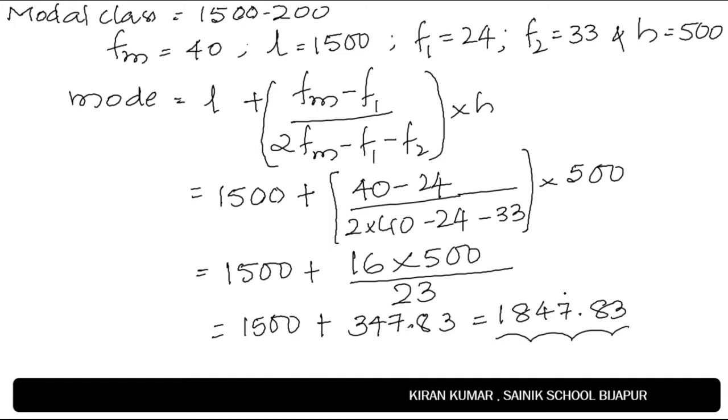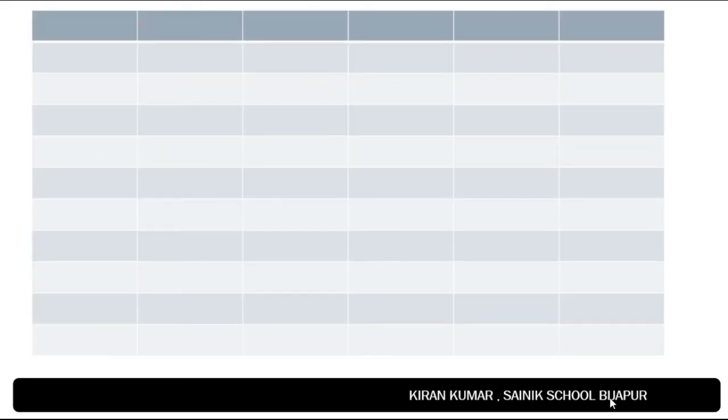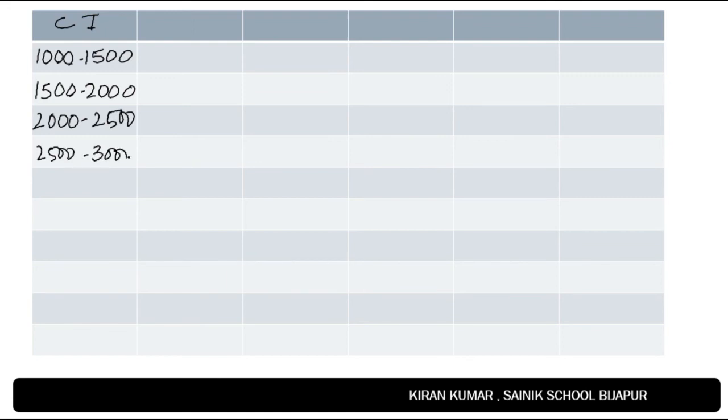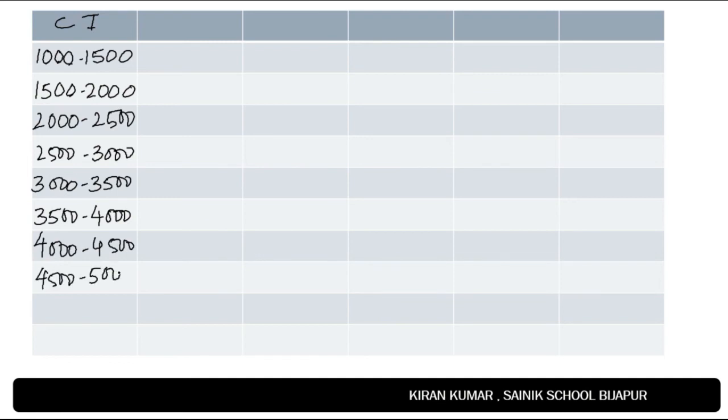For that, let us follow the assumed mean method. Here the class intervals are 1000 to 1500, 1500 to 2000, 2000 to 2500, 2500 to 3000, 3000 to 3500, 3500 to 4000, 4000 to 4500, 4500 to 5000,